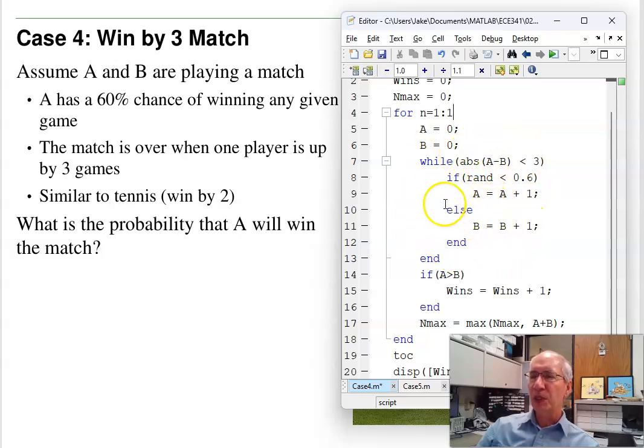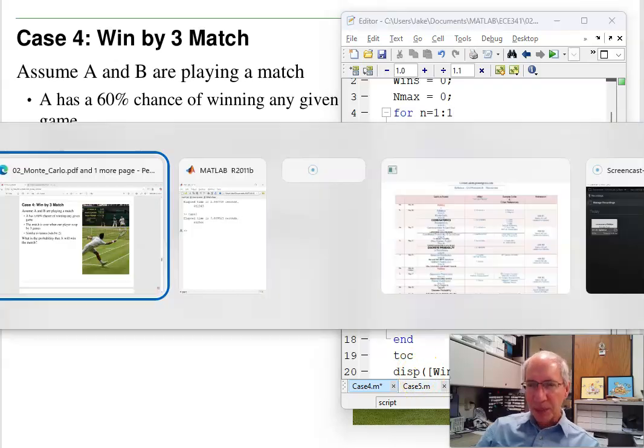That's a while loop. Once somebody wins, I'll check. Did A win? Because somebody's at plus 3. If A is greater than B, then A won. And just for fun, keep track of what the longest series was and finish it. So if we go into Matlab,